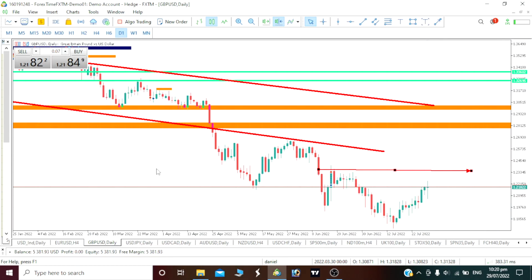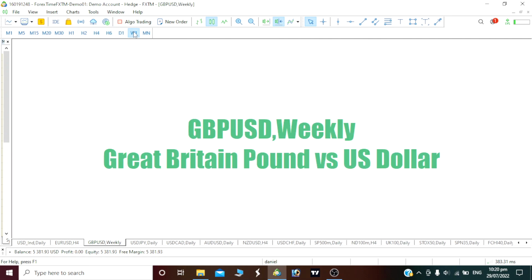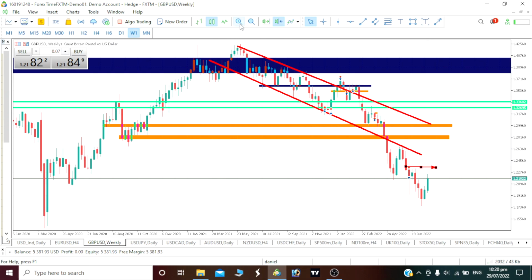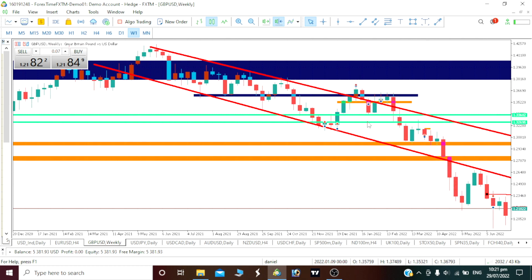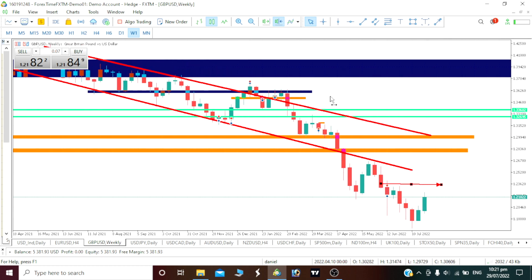Now let's take a look at our pound USD for the week. I think we should start off with our weekly time frame so we can understand the full picture on our pound USD. If you analyze the weekly time frame, we are actually on a bearish move weekly. Our pound to our USD is actually falling, which means our pound has been dropping massively against our USD